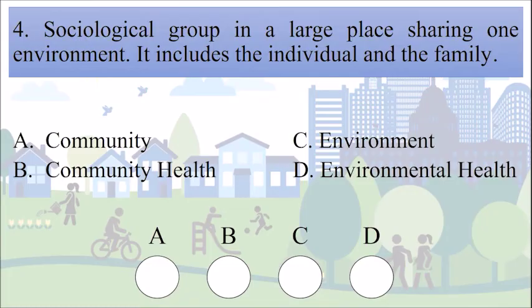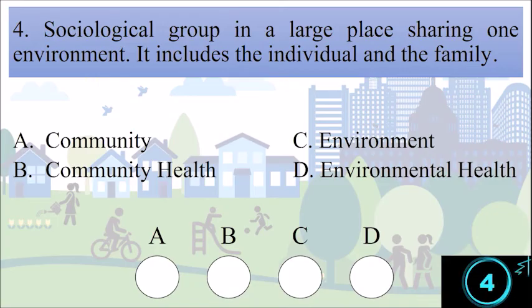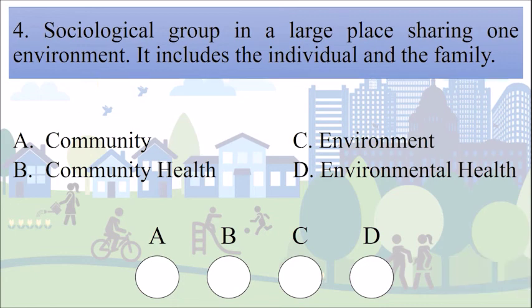Number 4. Sociological group in a large place sharing one environment. It includes the individual and the family. A. Community. B. Community health. C. Environment. And D. Environmental health. The correct answer is